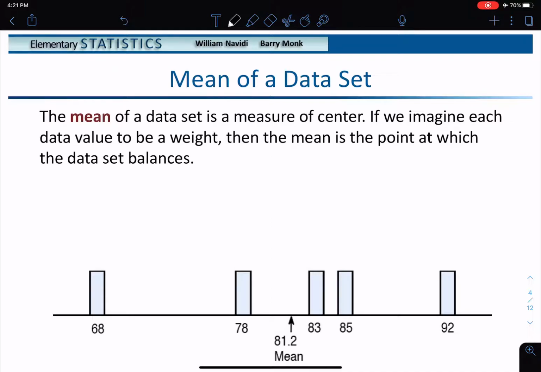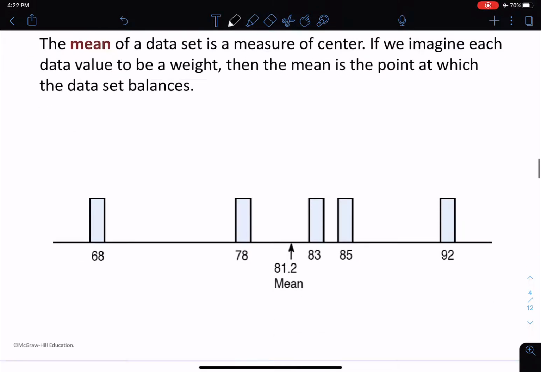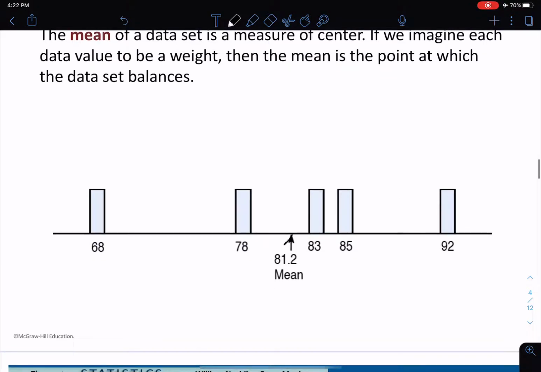The mean of a data set is the measure of center. If we imagine each data value to be a weight, then the mean is the point at which the data set is balanced. If this was a big, long balancing stick or a teeter-totter, the mean would be the fulcrum point that makes the left side balanced and the right side balanced. You might say, well, if I add up these pieces over here, it's more than everything on the left. But if you think about a big long board with a balancing piece,